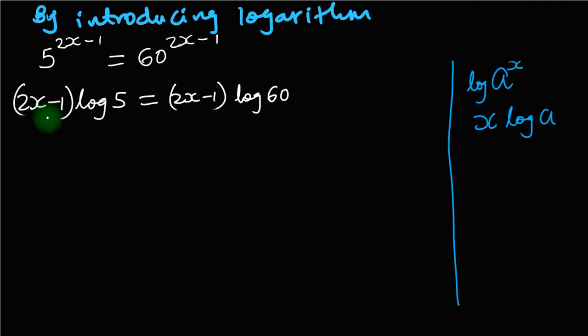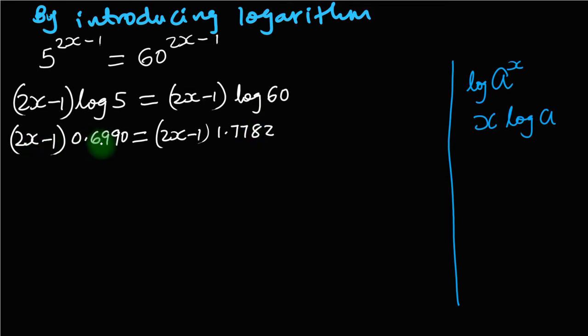Therefore, from here, we cannot just divide through by 2x minus 1, because if you do so, it will cancel and the result will be 1. So there will be no unknown value to find. So we simply have to find the logarithm of 5 and the logarithm of 60. Therefore, we have (2x minus 1) multiplied by log 5, which is 0.6990, equal to (2x minus 1) multiplied by the logarithm of 60, which is